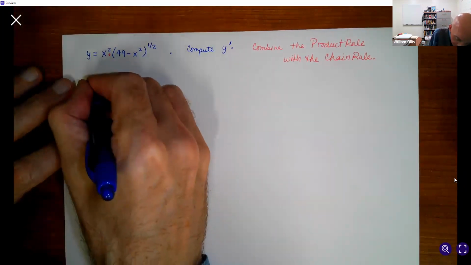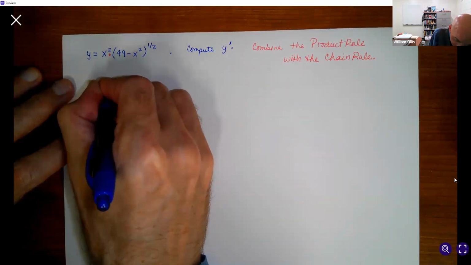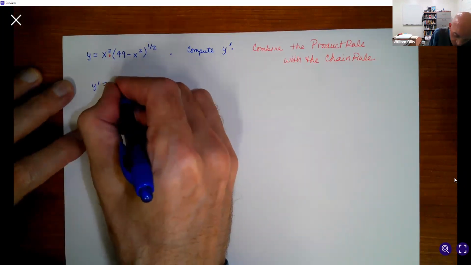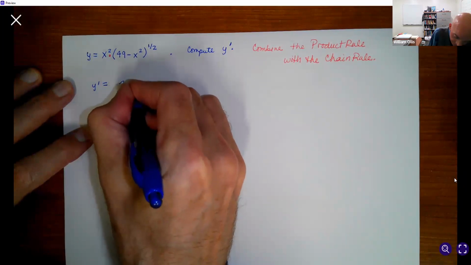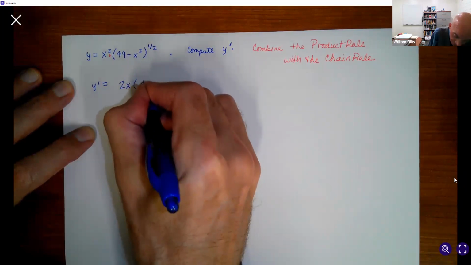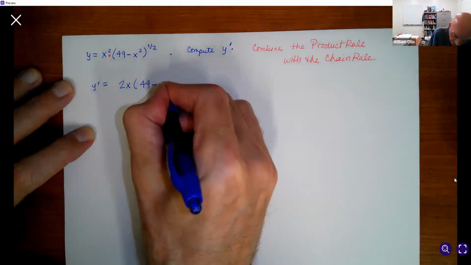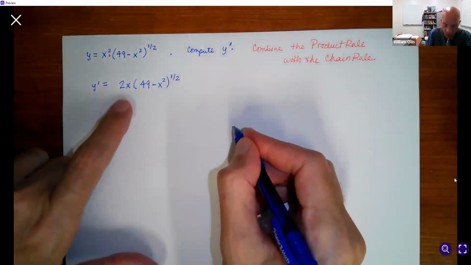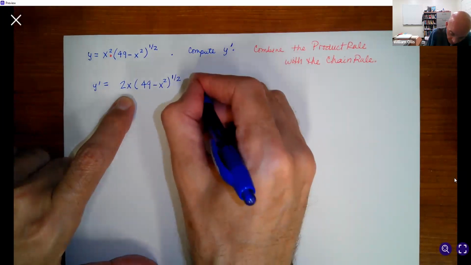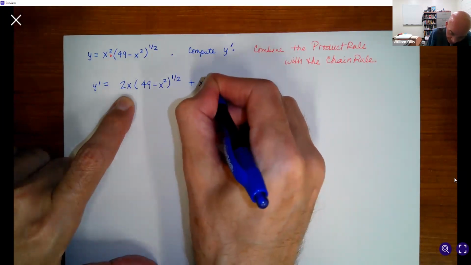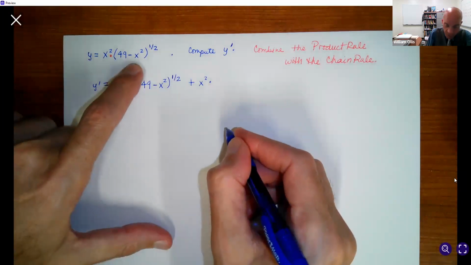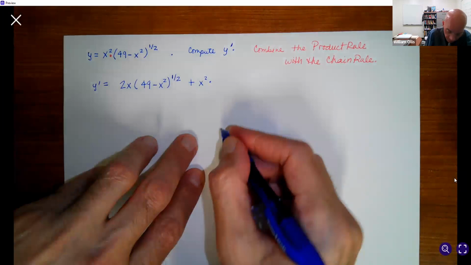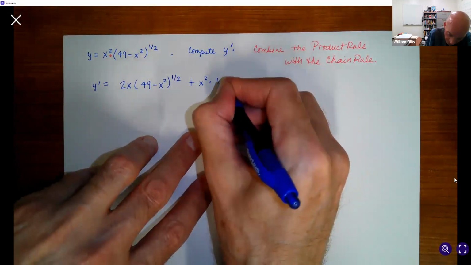So now y prime, again, we'll start with this being the first function. We'll take the derivative of that and get 2x and multiply by the second function, just the product rule. So good for that one. Now we have the x squared, and now we multiply by the derivative of the second function, which will require the chain rule. So we have 1/2, the generalized power rule,